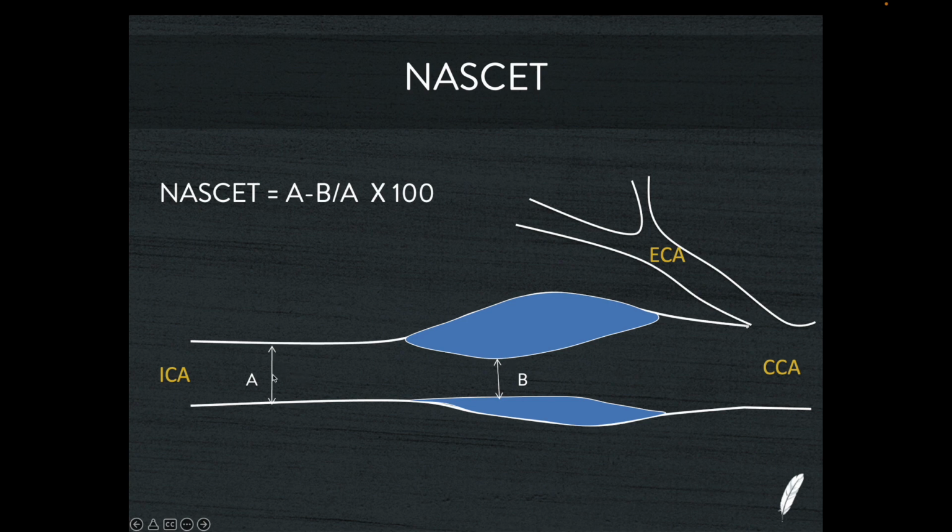Now, if the diameter of A is the same as the diameter of B, it calls this a 0% diameter reduction. So it says there's no plaque, this is a normal patient. What we know, however, with ultrasound is that the bulb is much wider here, so the vessel is much wider than the distal ICA. So while you can have a situation where diameter A and diameter B, for argument's sake, are identical, so they're exactly the same,